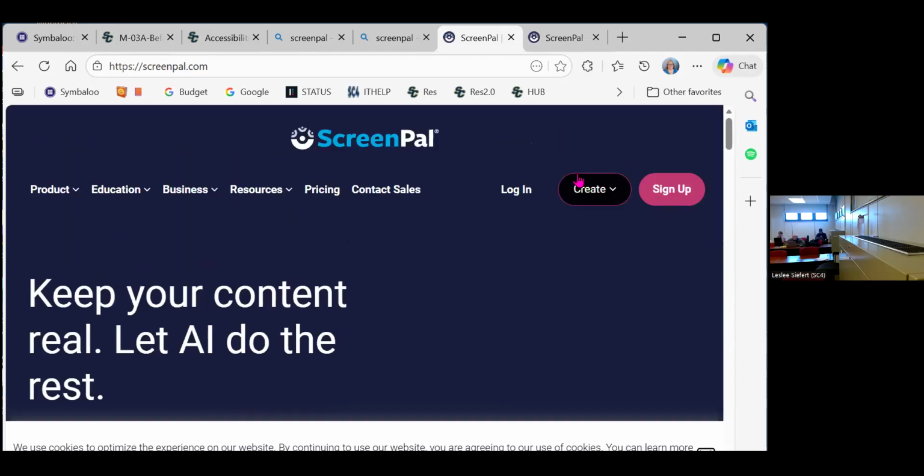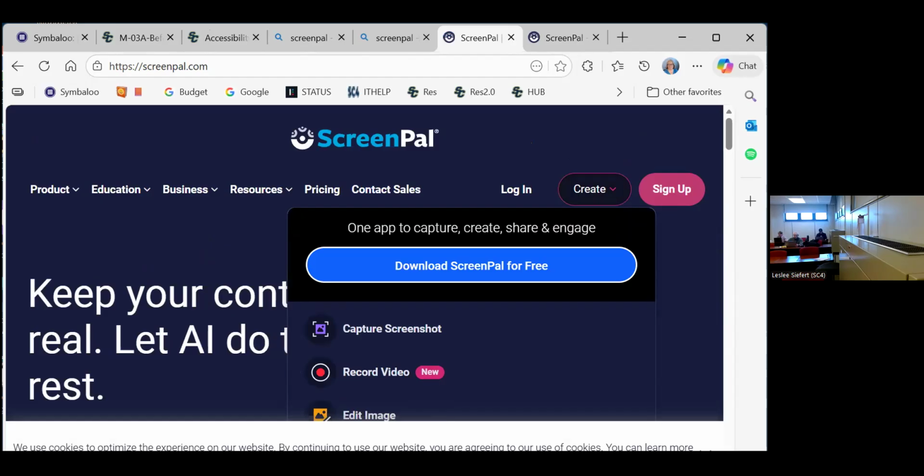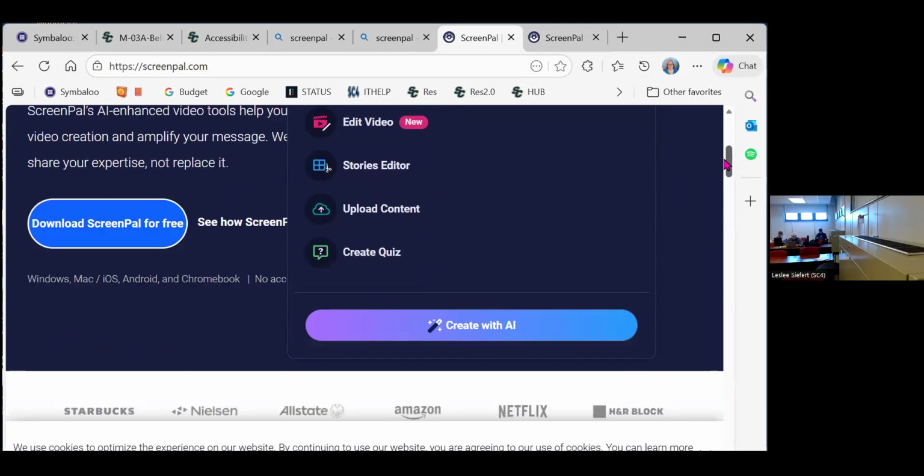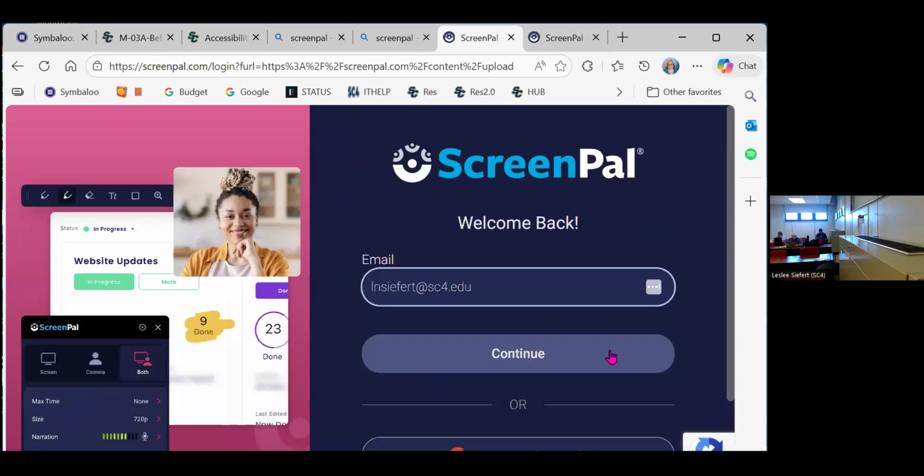So when you click create, you have lots of choices. Recording a video, they now have changed. In the past, when you recorded, you had to download the software, and the software had to be installed on your device. And then every video you recorded saved on your device, so your device was filling up with projects that weren't quite finished. Even if you uploaded them to ScreenPal because they're done, it left behind the project and so on. Now everything is done online. So even when you go to record a video, it can do it online. You can edit videos, but if you click upload content,